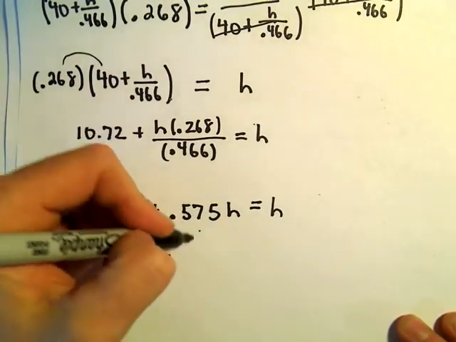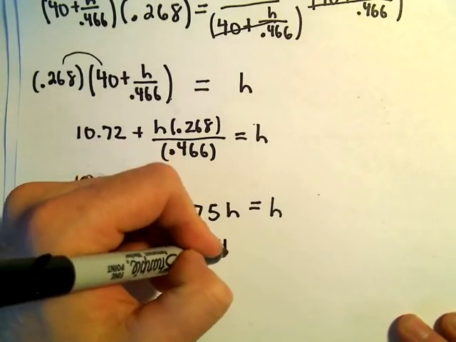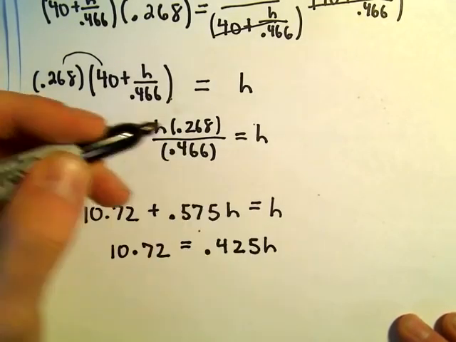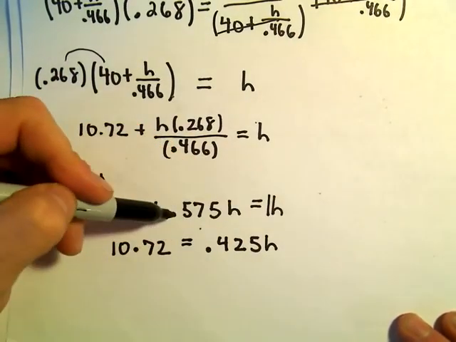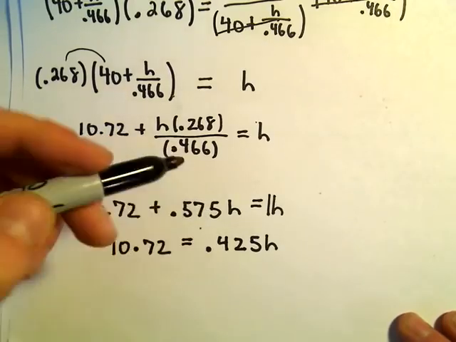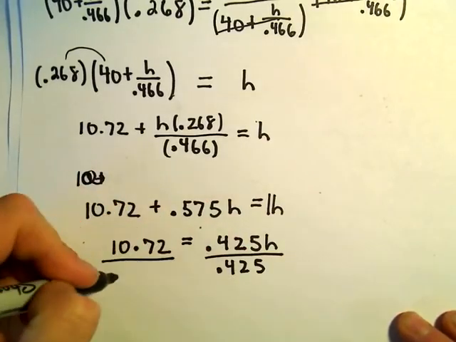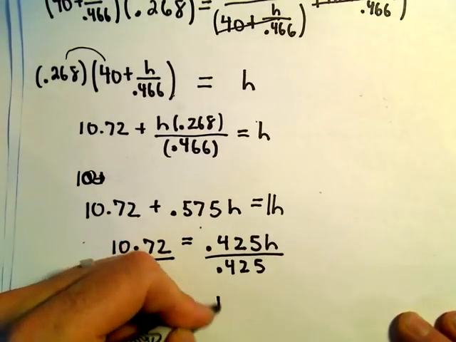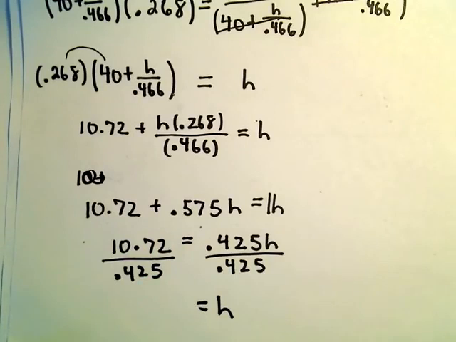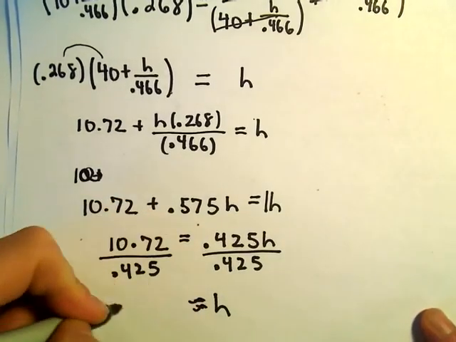So we'll have 10.72 equals 0.425h. Again, I'm just taking 1h and subtracting 0.575 and getting 0.425. And then we can divide both sides by 0.425, and that's now going to give us the height of our building. So let me check this one real quick. 10.72 divided by 0.425, I'm getting our building to be roughly equal to